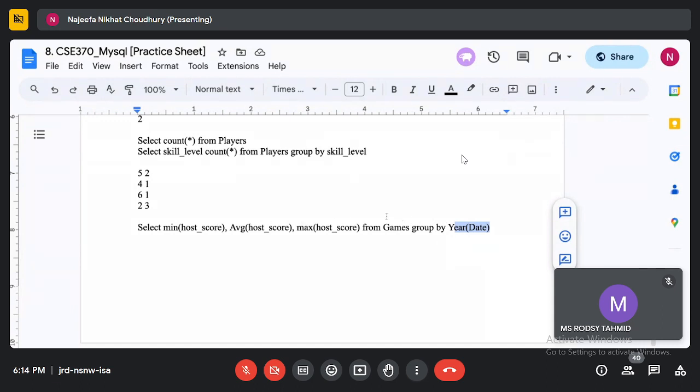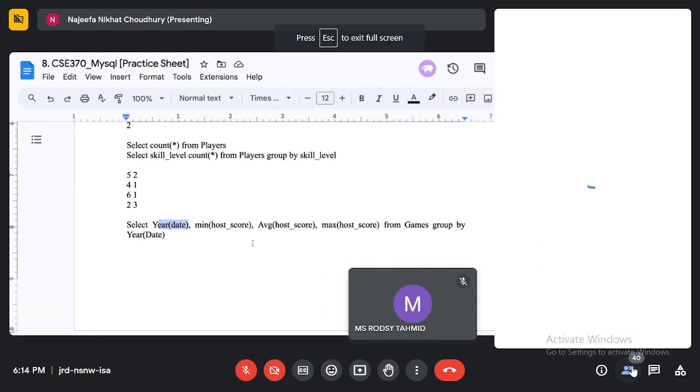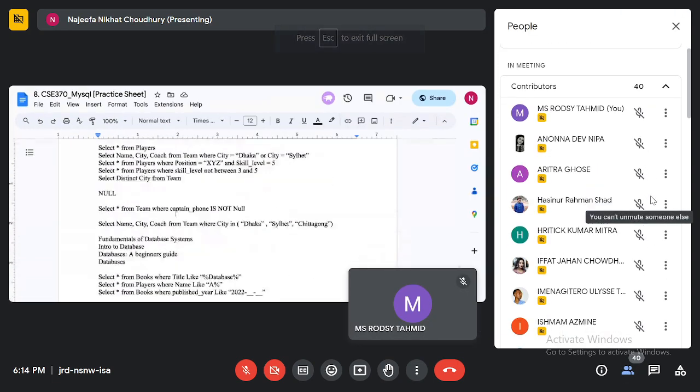Then for 2023 the mean, max, and average will be shown, and I can also print the year of the date. So it will show me the mean, average, and max of the host score for each year. So is this clear?